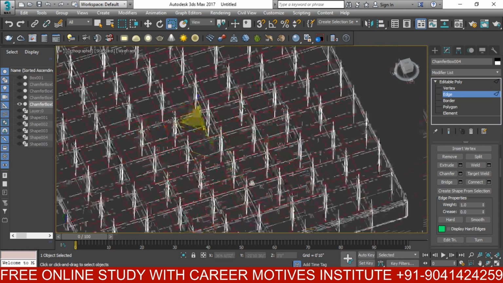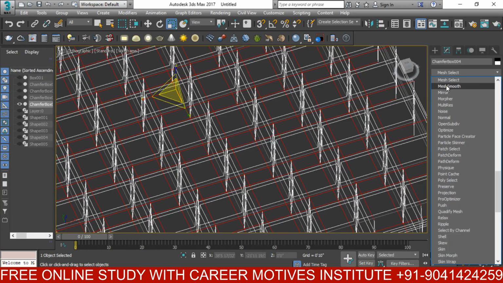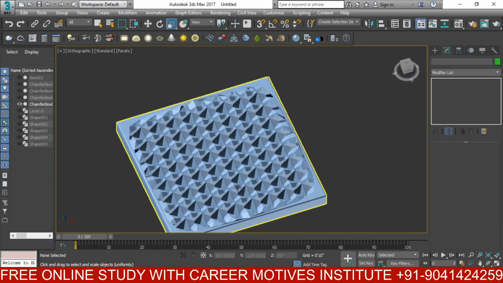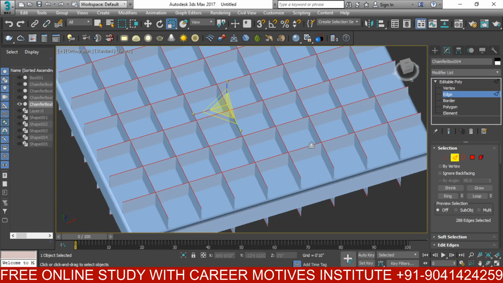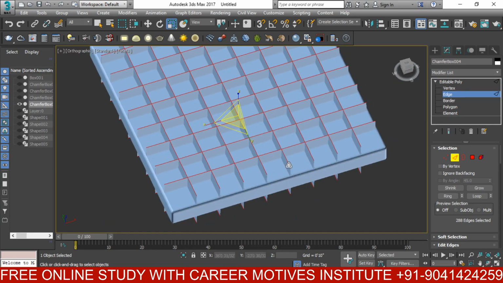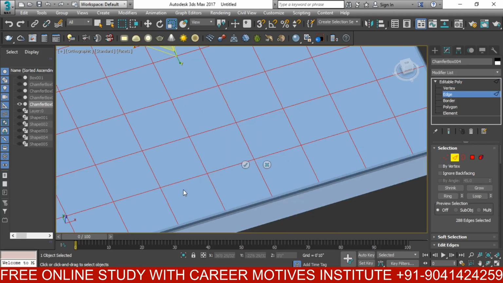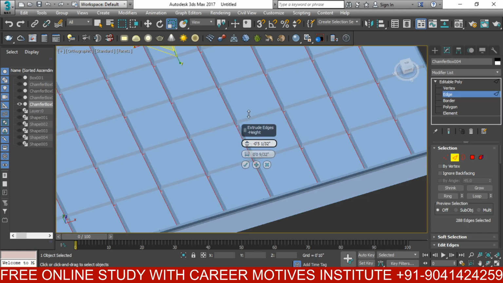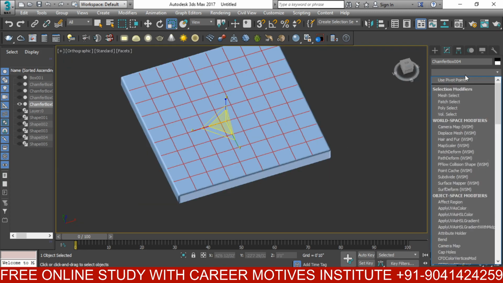Okay, and then mesh smooth. Right click, extrude, and then